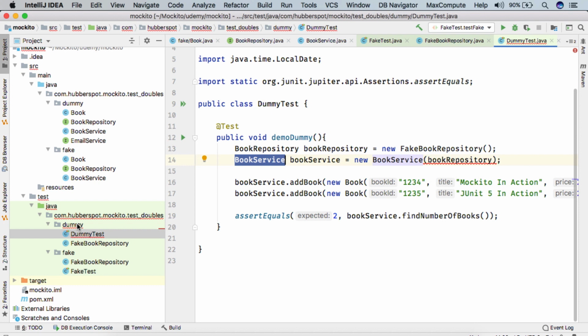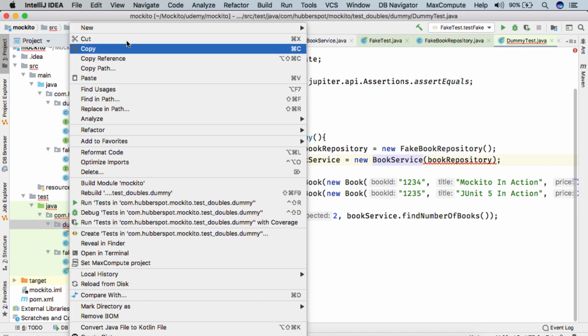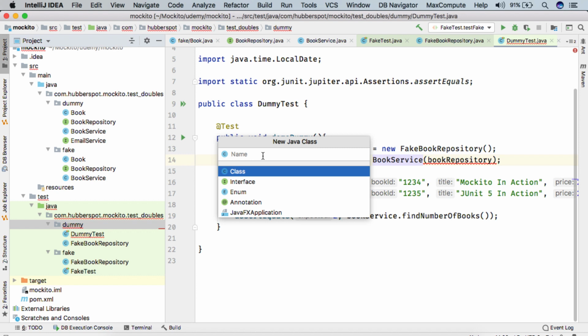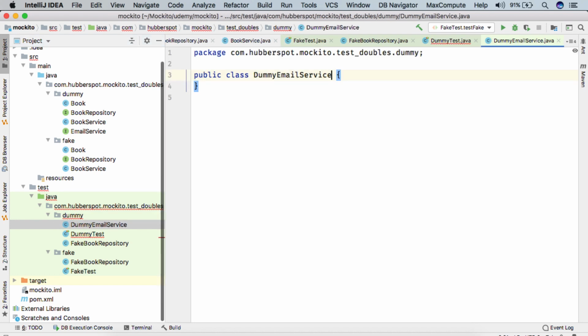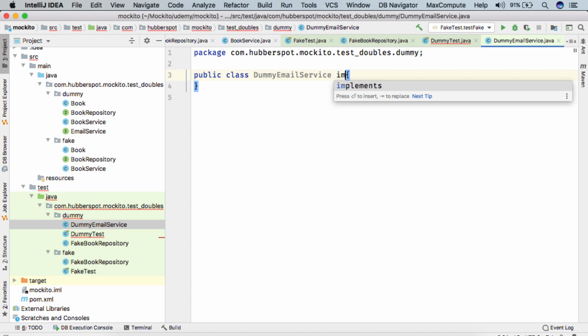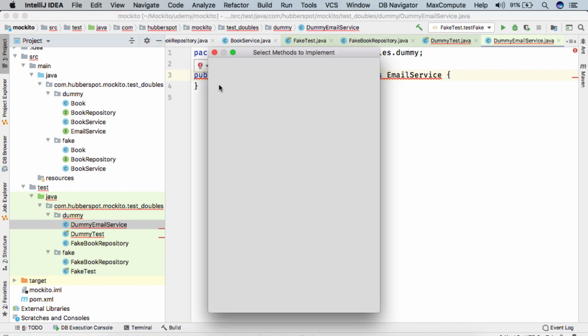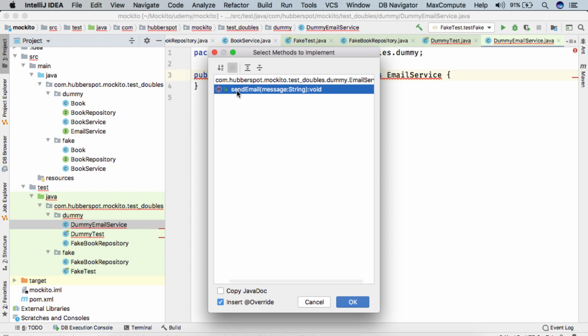Here, in our dummy package, we create a class and give it the name dummy email service, and this dummy email service implements email service, and we provide the implementation of send email.